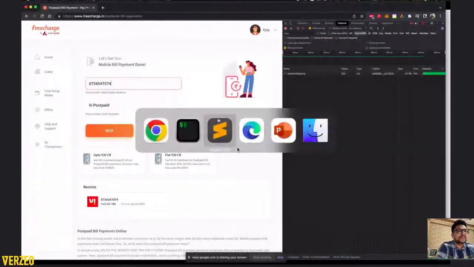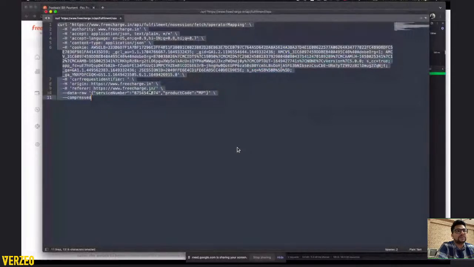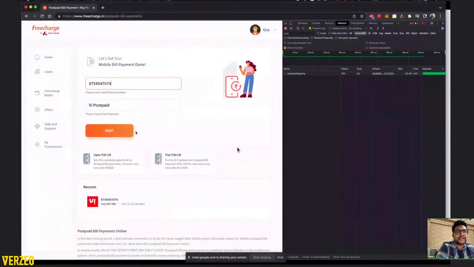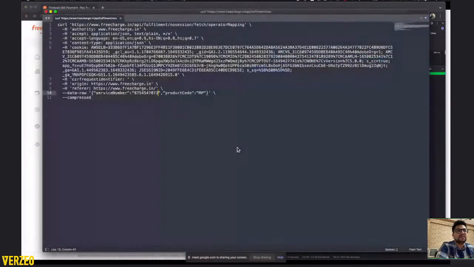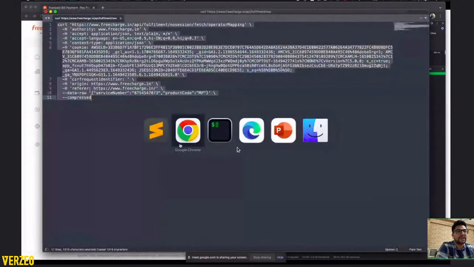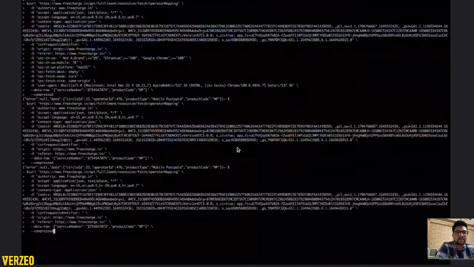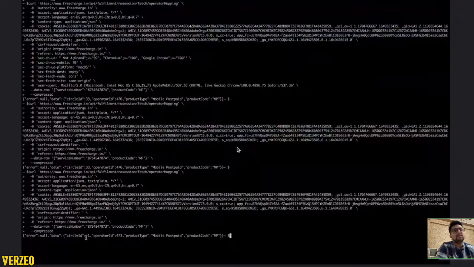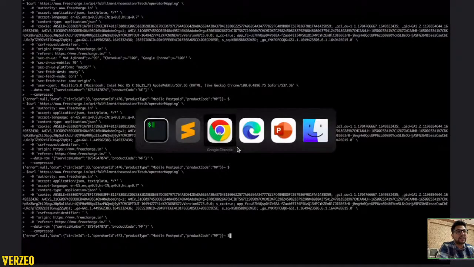There's nothing much we can do here because obviously what we're trying to do is get the operator of a mobile number. We can change that, and we can still find out which is the operator of this number. It is on circle ID -1, which could potentially mean that it is not active anymore or something else, or